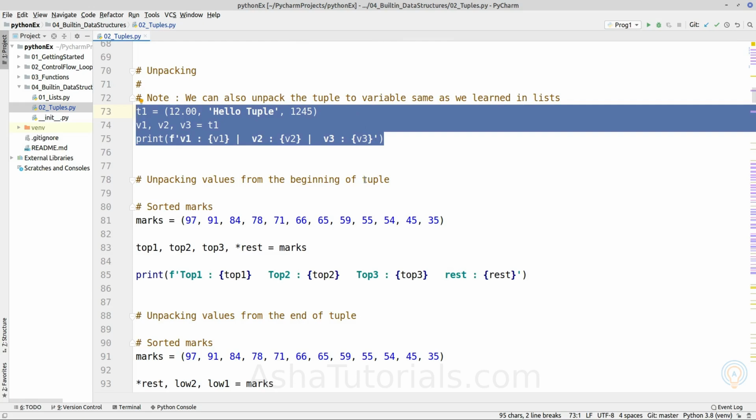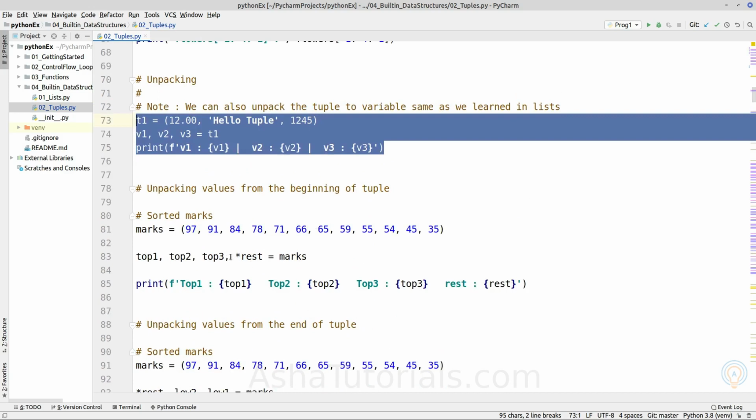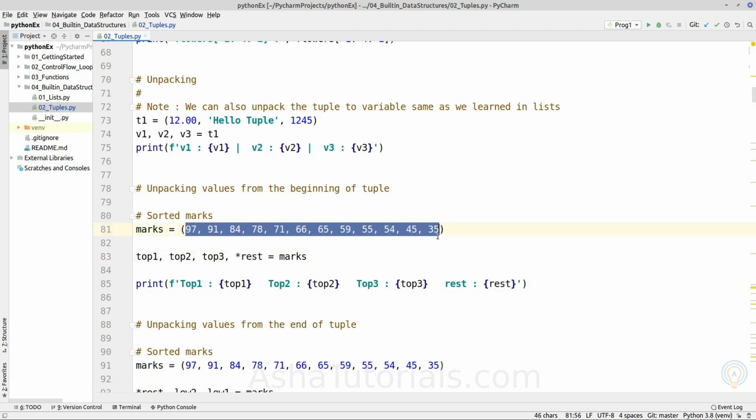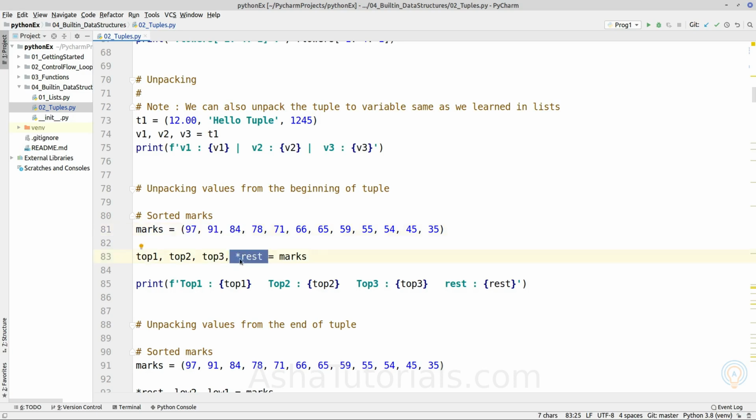Now if we want to extract or unpack selected values, we can also do it the same way as we saw for the list object. Okay, so we will use a star variable to select the rest of the values. So if we have a tuple object which is containing marks in sorted order and we want to only unpack the top 3 marks, we can write top 1, 2, 3 variables, and for the last we will write star and the name of a variable, any variable name.